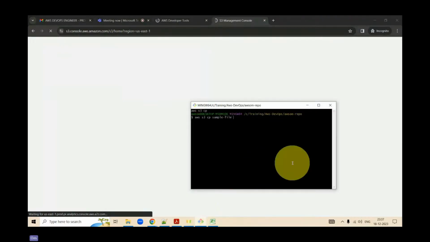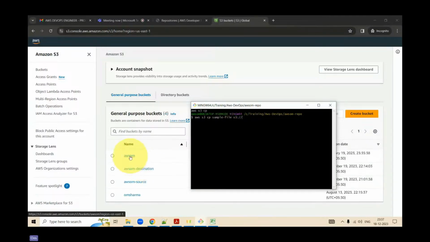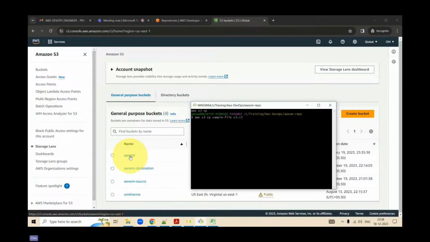Then if you just put S3 colon, sorry, double slash and the file name, whatever it is, the destination, if you see. Just a minute till this is loading up.